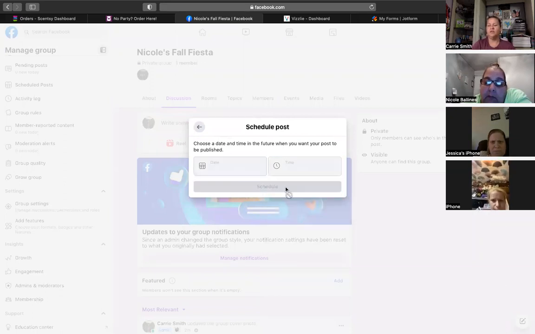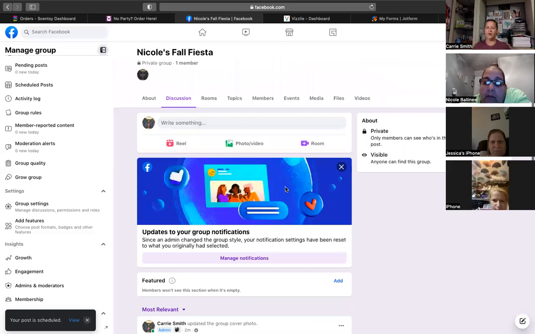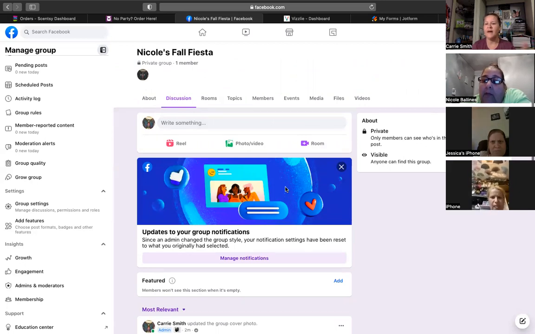And then you can go in and post every single thing that you want to happen in that party when you set it up, before you even invite your host to come to the party. And then they just start inviting their friends, and that frees you up to have all the interaction. It's a little bit of work on the front side, but I think about it like this: